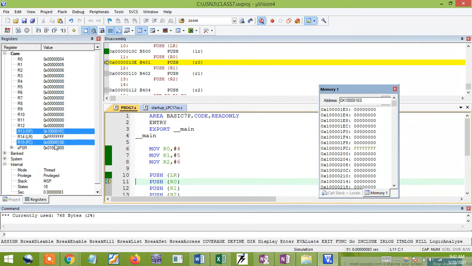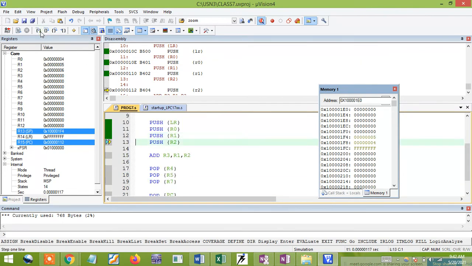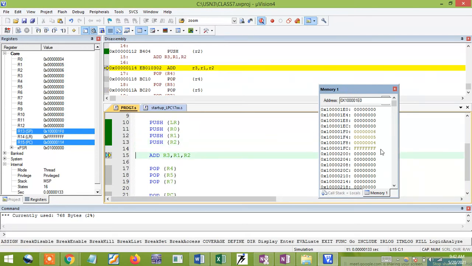Here we are not going to bother about the address, because I'm not going to use the BL instruction, but I'm explaining how it works. The link register has FFF. If you do push LR, this value will be pushed into the memory first. Later the R0 value 4 will be pushed, next 5, next your R2 value. In the previous case it stopped at F4 only, now it will go up to F1. It will keep decrementing if you use many push instructions.